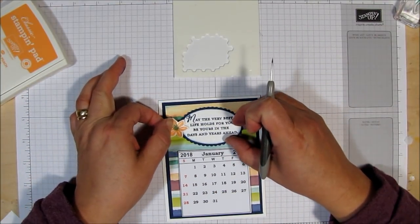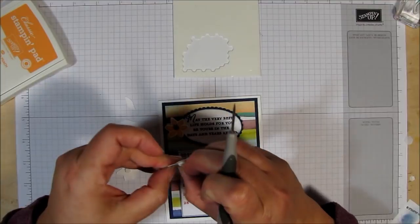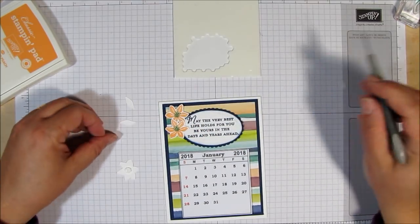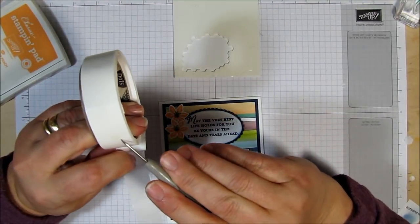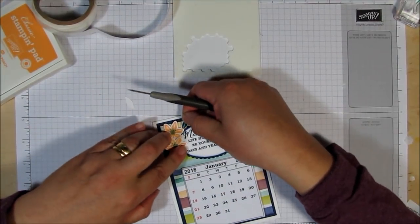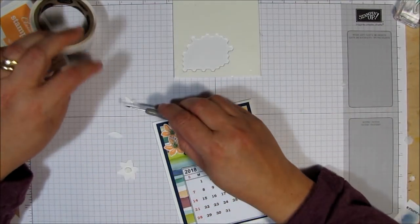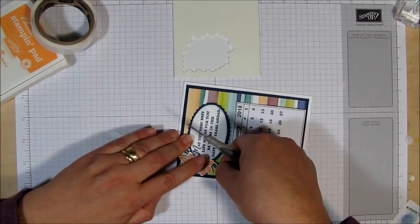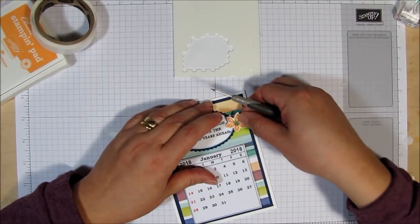I made a little boo-boo with my coloring the edges, so I think I'm going to just cover that up with a flower. And then I'm going to go ahead and put another flower on here. Okay, just about right here. And I think I'm going to take some glue dots for the leaves, and I will, let's see, take one leaf here. I'll put a leaf right here, and then I'll put one more leaf. Take another glue dot, and I'll put another leaf right here on this side. Okay, and then I'm going to put the one flower on the other side like that, and